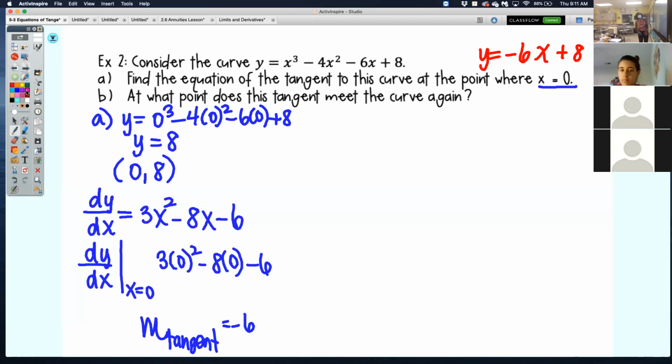Now for part B, it says, at what point does this tangent line meet the curve again? So at what point does this tangent line meet the curve again? If it's meeting, visually, what does that mean? It's where it's intersecting. So it's asking you, at what point does the tangent line intersect the curve again? We already know it's touching at 0 because that's where it's tangent, but that means there's another point where this equation of y equals negative 6x plus 8 is intersecting this cubic function, okay? So for B, algebraically, what we want to do is find out where negative 6x plus 8 is going to be equal